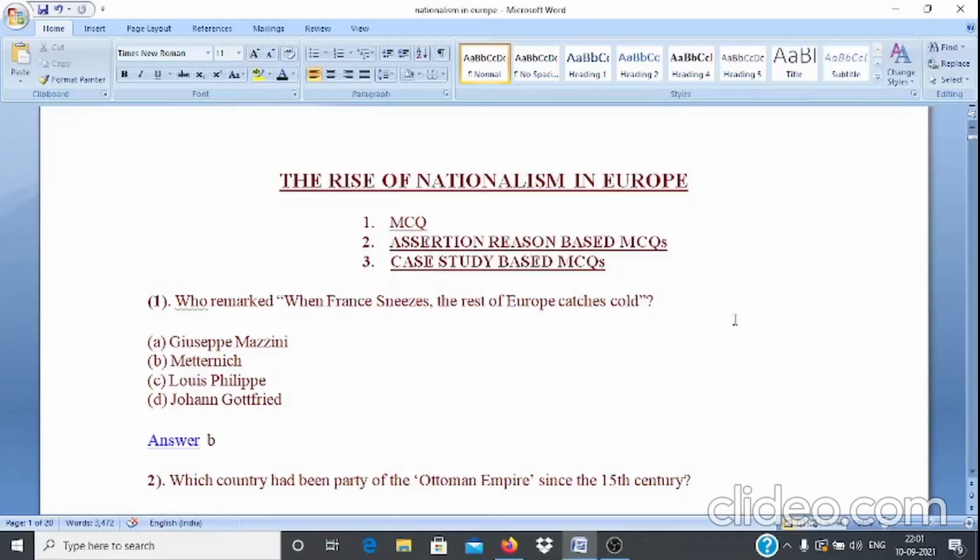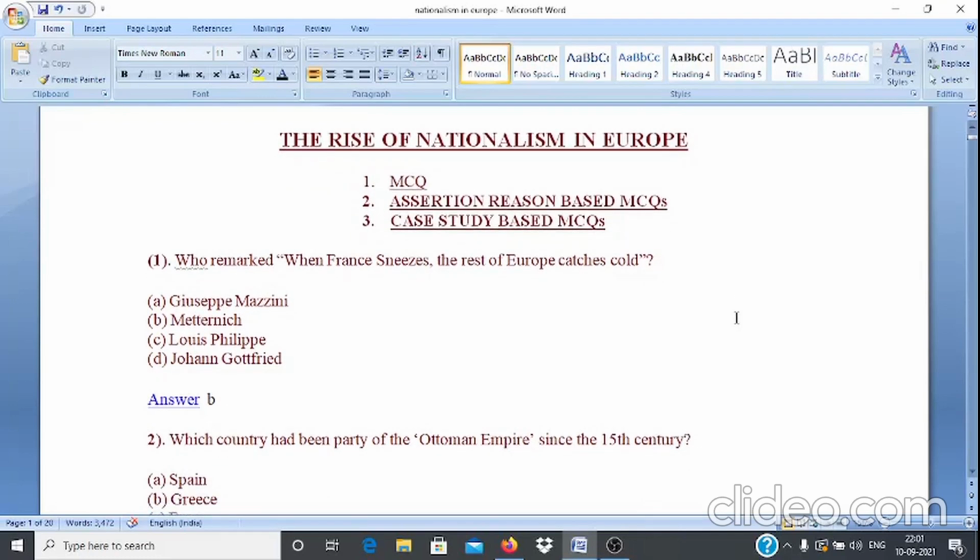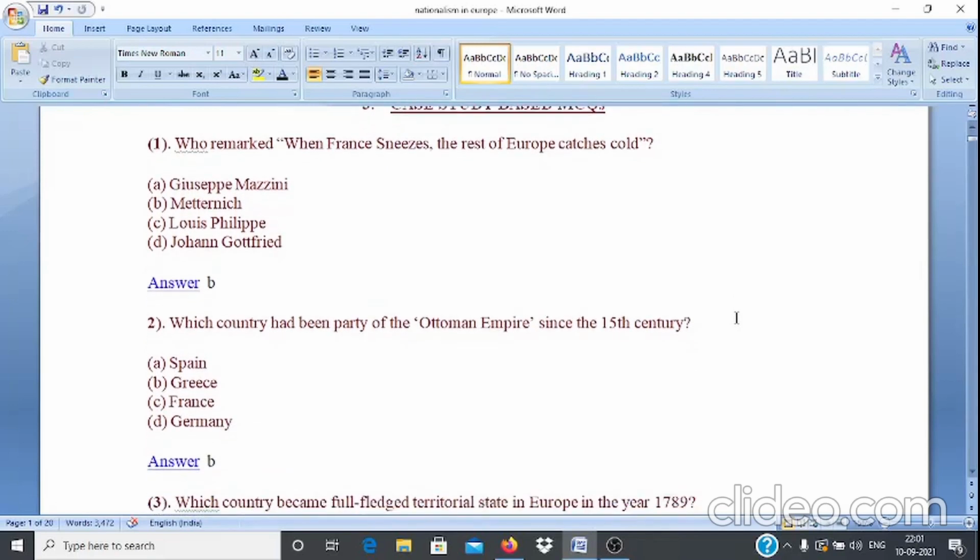Class 10th History, The Rise of Nationalism in Europe. इस वीडियो में हम लोग MCQ क्वेश्चन, assertion reason based MCQs और case study based MCQs, इसके अलावा picture based MCQs डिस्कस करेंगे। सबसे पहले हम लोग MCQ क्वेश्चन डिस्कस करेंगे।